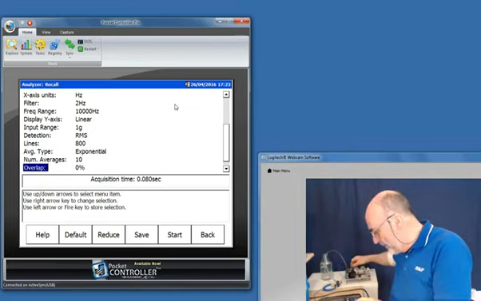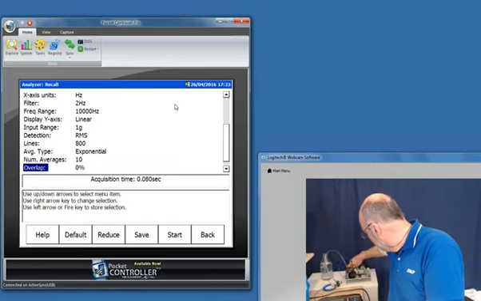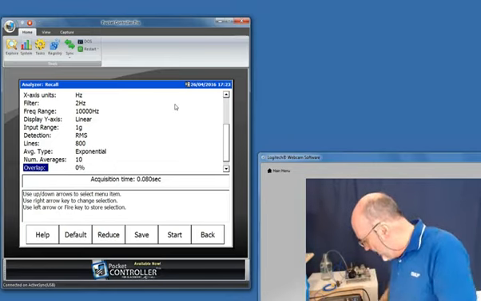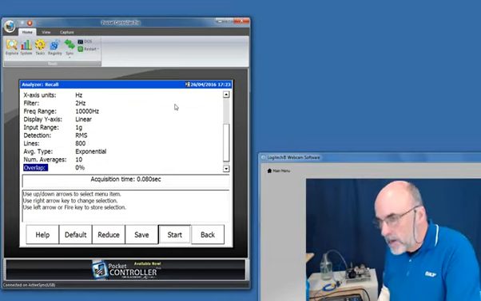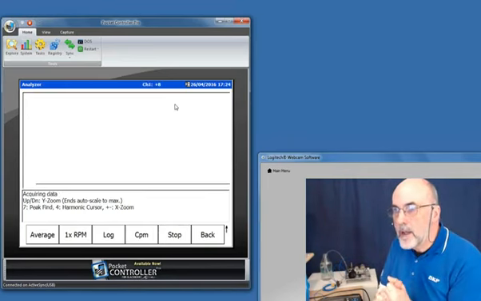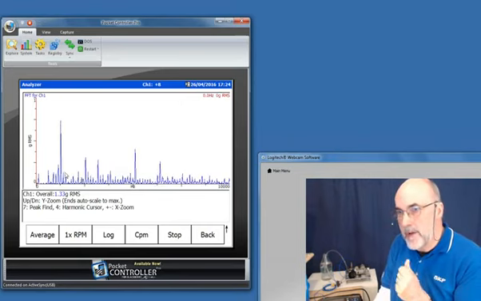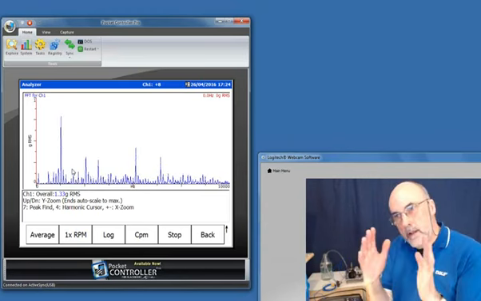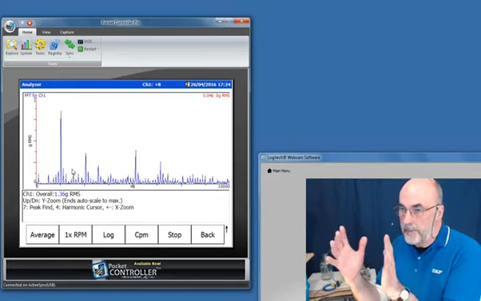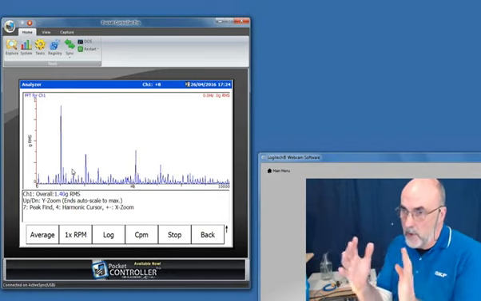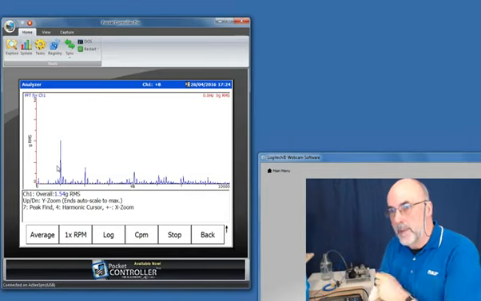So what I can do is I'm going to start my pump, and then start my measurement, and then we'll dial in some cavitation. So press start, slurp of water. Wonderful. So there you can see that's the real-time spectrum, and one of the reasons why I use this machine is, not surprisingly, the speed is fluctuating slightly, and you've got to be careful when you're averaging, because if it fluctuates too much during your measurement, you'll get what's called smearing. So you need to keep an eye on that and make your measurement time appropriate.